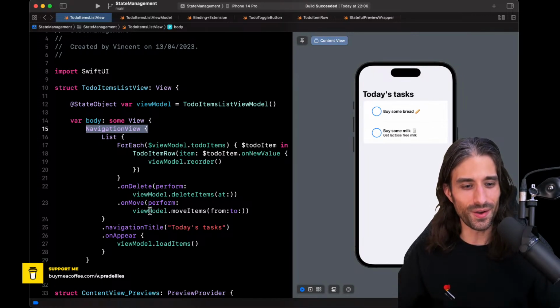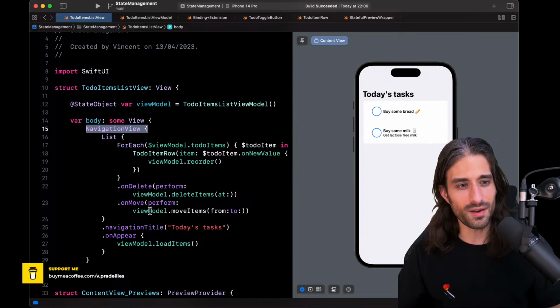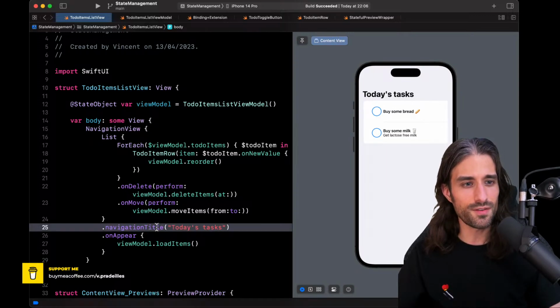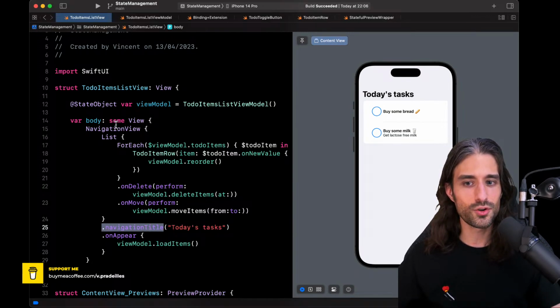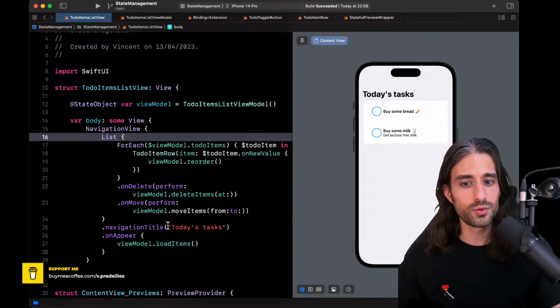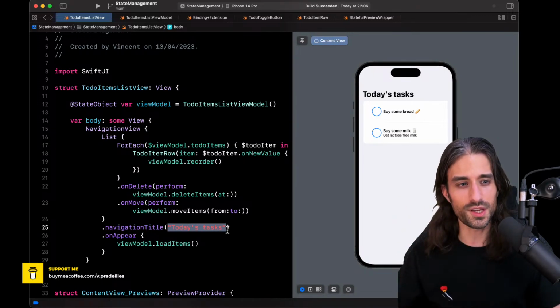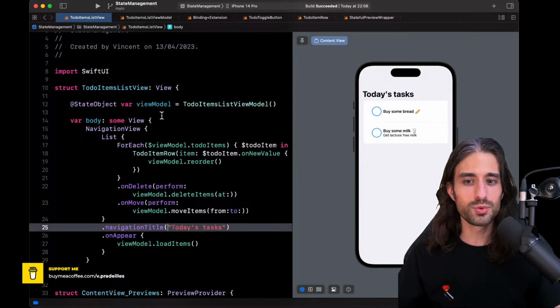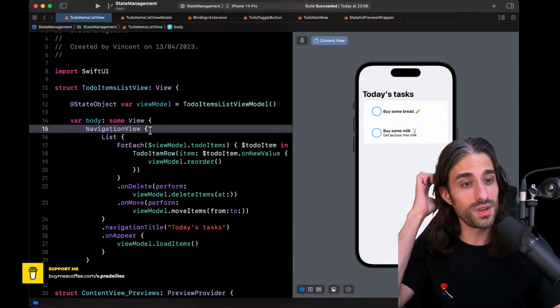I'm going to rephrase it. I've showed you with State and Binding a way to implement a two-way data flow across the views of your apps, but there was one key characteristic of this data flow, which is that you had to explicitly pass bindings through the inits of the child views. And here you can see we have a modifier that shows that there is somewhere in SwiftUI a different mechanism, because the modifier navigation title called on a child view is able to make this data bubble up. That's what I was looking for. Bubble up to the parent view without going through a binding.